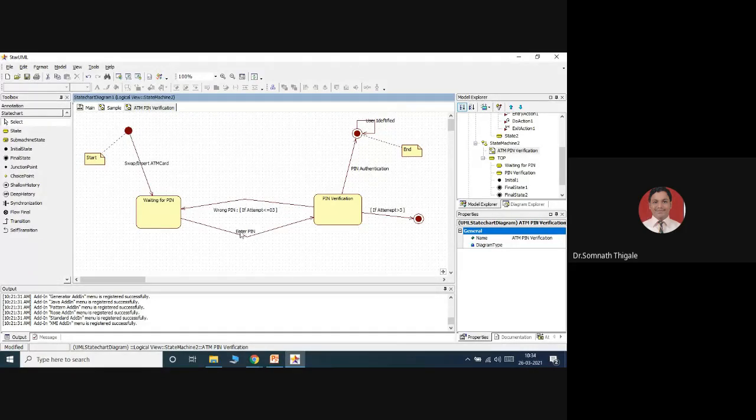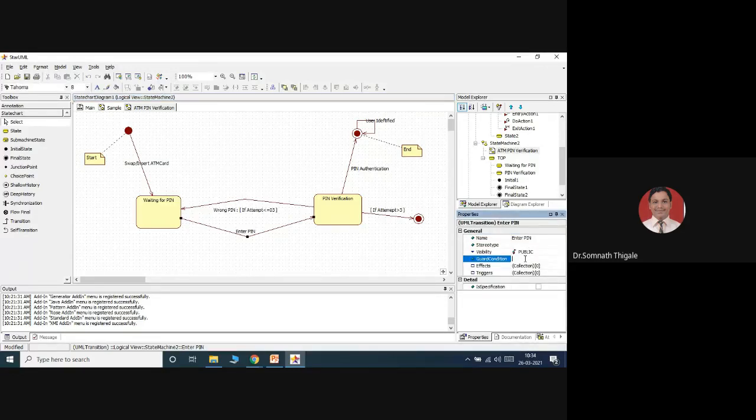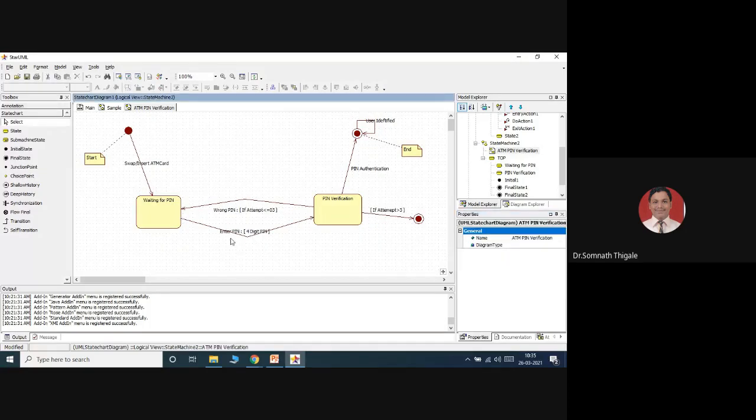Okay, I can add one condition also here, enter pin. So that pin should be with the conditions, how many digits there? Max 4 digits. If you entered only 3, it will not consider. So you have to enter a 4-digit pin. I can add one more condition here, enter pin, but that pin should be a 4-digit pin.